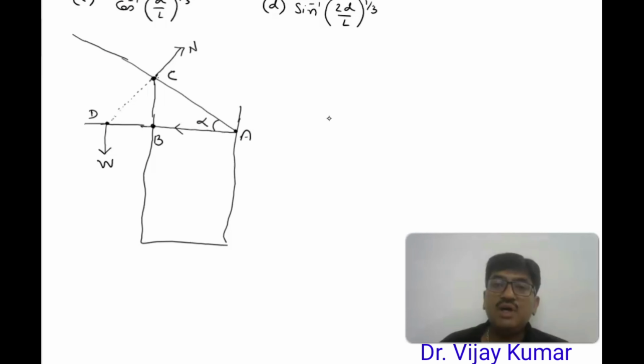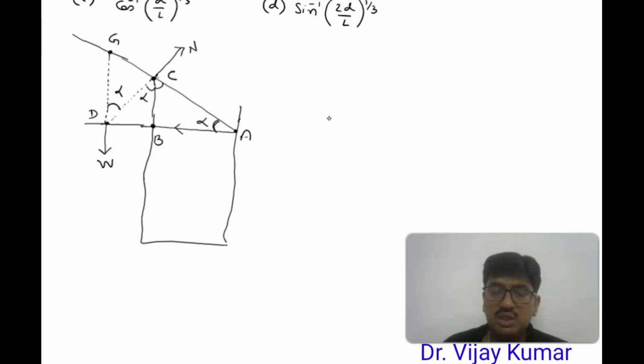If this angle is alpha, then it should be 90 minus alpha. Yes, it should be 90 minus alpha and should be alpha. And if I extend this weight in upward direction, then this angle should be alpha. And we can consider A, B, C. It should represent the center of gravity of the rod. And we can consider that if this angle is alpha,